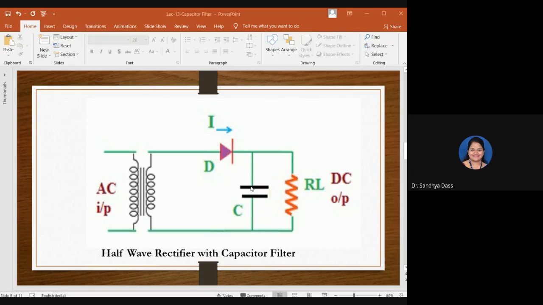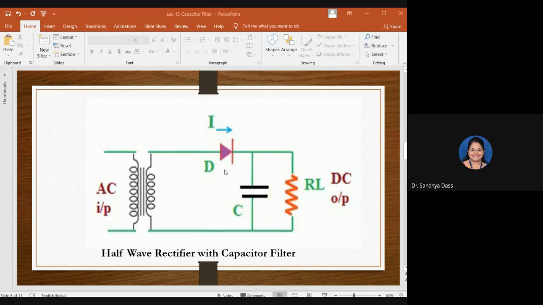So throughout this conduction time, the capacitor gets charged to the highest value of the supply voltage, as I showed in the previous waveform there. And as the voltage across the two plates of the capacitor is equivalent to the supply voltage, it is said to be completely charged. So when it gets charged, it holds the supply until the input